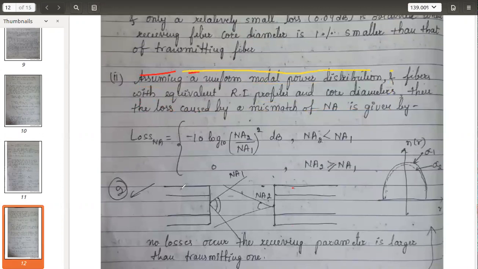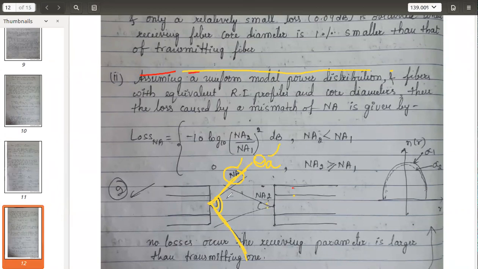If this is your first optical fiber, this is your second. Hope this difference is visible to you. This one's angle is a bit bigger, you know, this angle is a bit bigger compared to the second one. That is, the acceptance angle of this optical fiber is a bit bigger because numerical aperture is directly related to your acceptance angle. So if you increase the numerical aperture, the acceptance angle will be larger. So it has a wide range of acceptance angles. So this theta a is larger, but if you see, it is a smaller value for the second optical fiber.